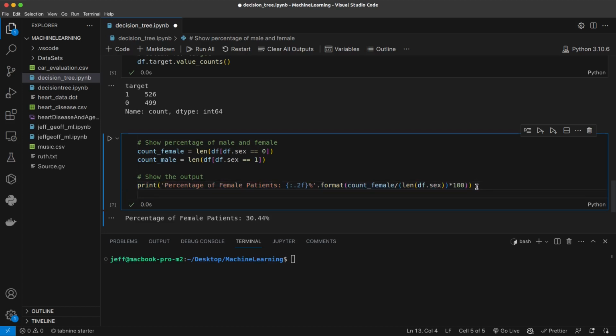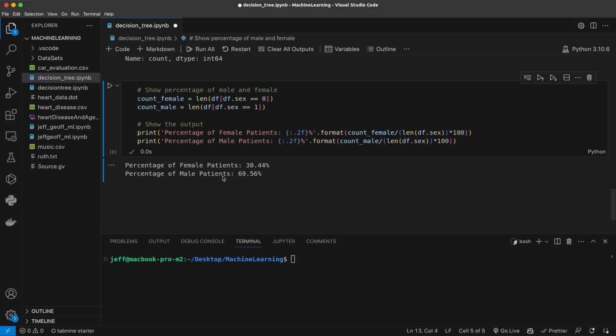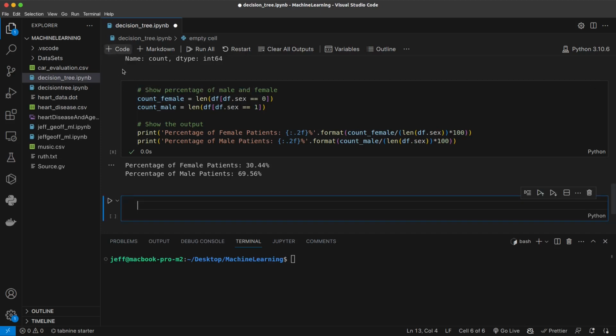So we've said female here, this is going to be male, and here we're going to also change it to male. So when you run, that's going to be percentage of male. Our calculations are still okay. That means we now know the percentage of female patients, and we also know the percentage of male patients. Okay, let's now move to,